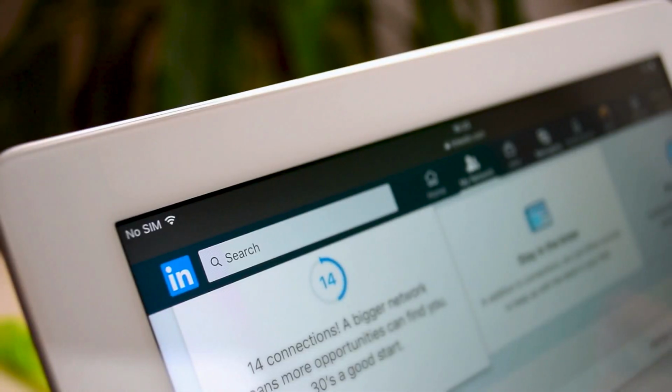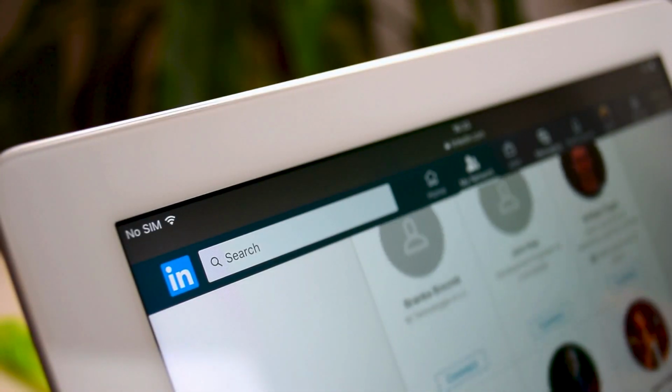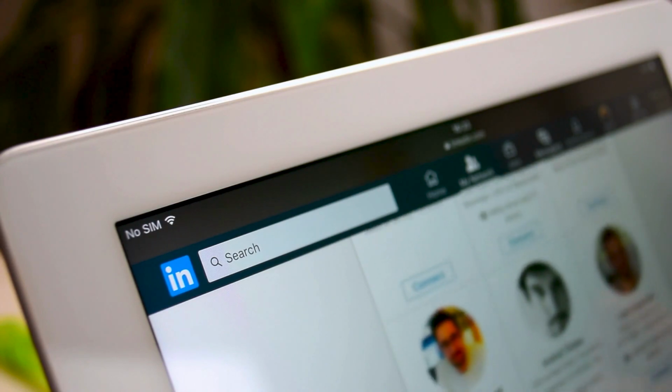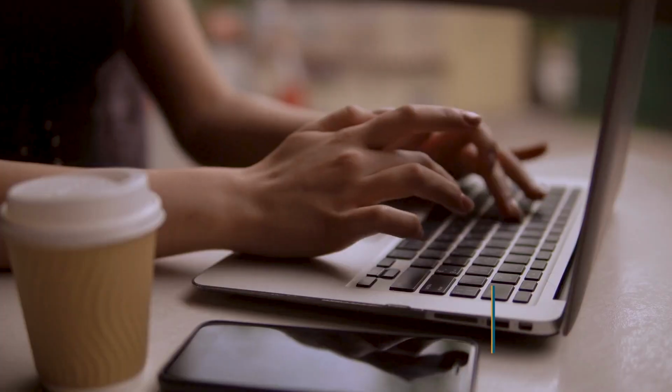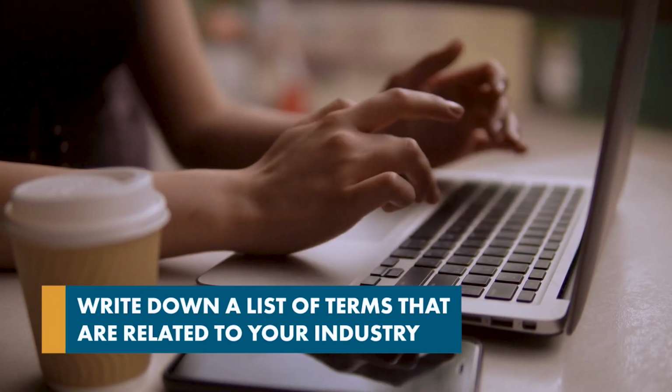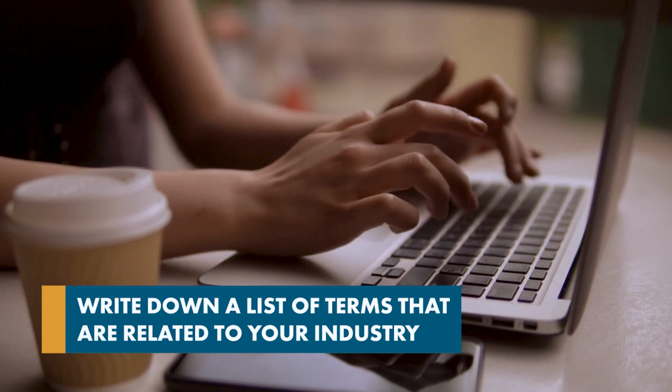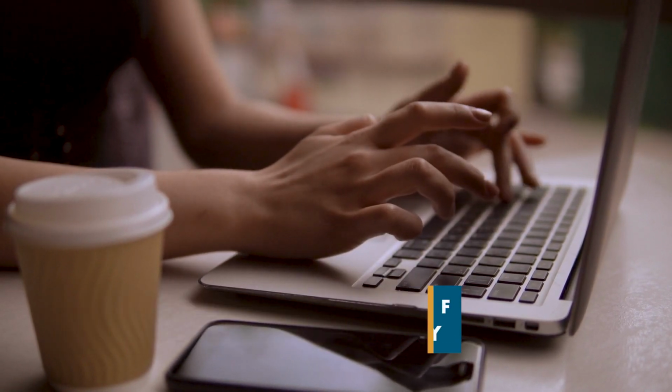Let's go. Let's start off with LinkedIn's own tool that we can use to highlight keywords. Now, mind you, this tool was not created to help you find keywords, but we're kind of creatively using it for that purpose. And that is LinkedIn's advanced search tool. What I want you to do is come up with a list, write it down on paper or type it in someplace else first, of all kinds of terms that are related to your industry, your profession, and even a few that you think someone might type in to find you. Now go into LinkedIn Advanced Search and start typing those in and watch LinkedIn make all these other suggestions for